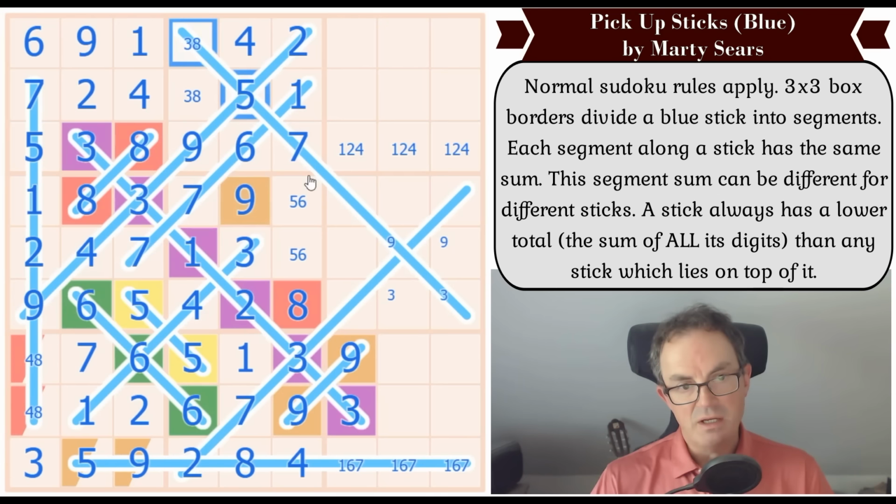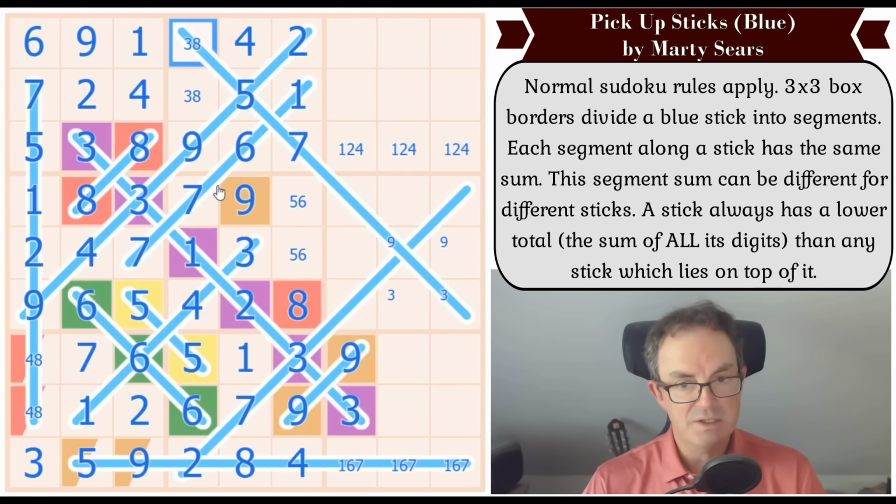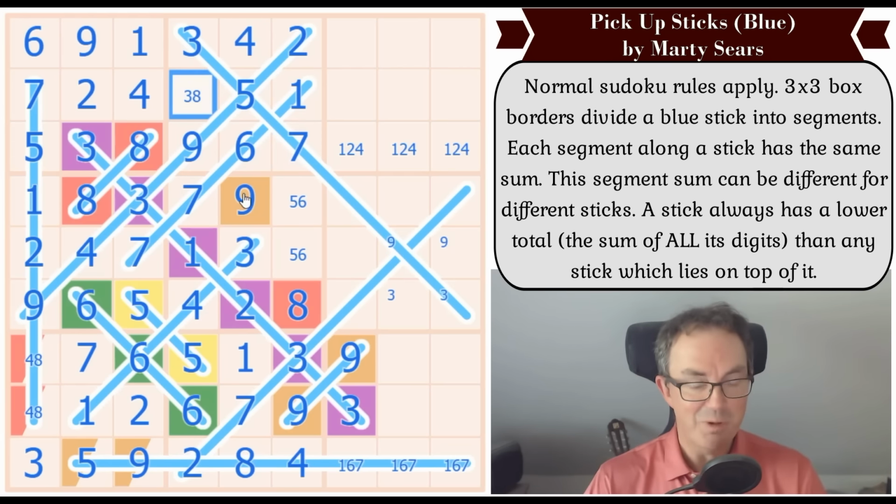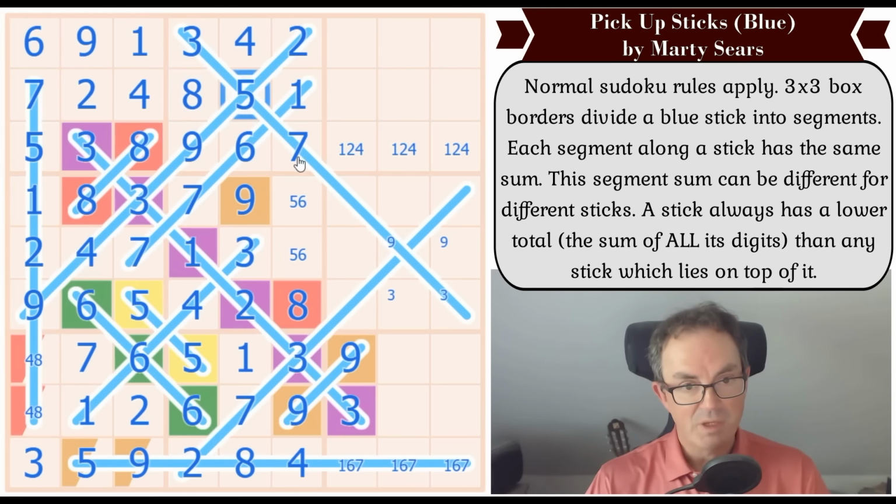Which means that this line, if this was an 8, would add up to 40, because it would be 2 lots of 20. That's too big, so that's got to be 3, which means this is adding up to 15. Yeah, 15 is less than 16, knowledge bomb, so that works. So these add up to 15. So if that was a 9,